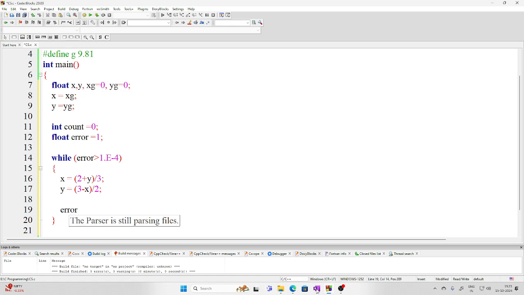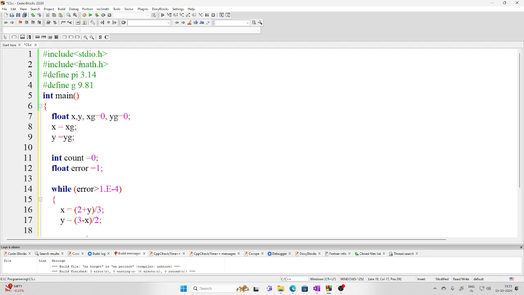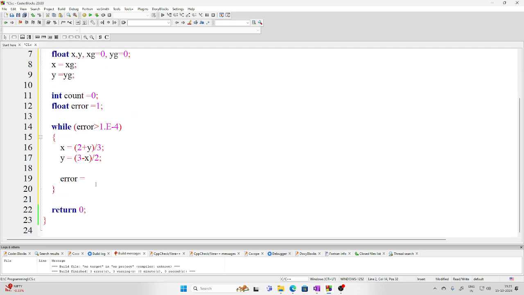Error is equal to, now the absolute, how to find out absolute? In the math module there is a function known as FABS. That will give you the absolute value of any number. So FABS of x minus x guess, and then plus FABS of y minus y guess. Once error is evaluated, you also print it so that you will be in a position to understand how the